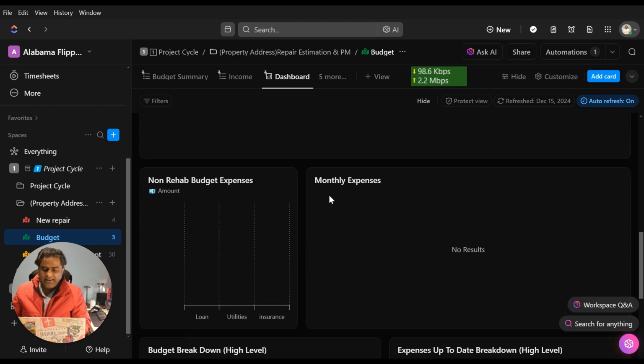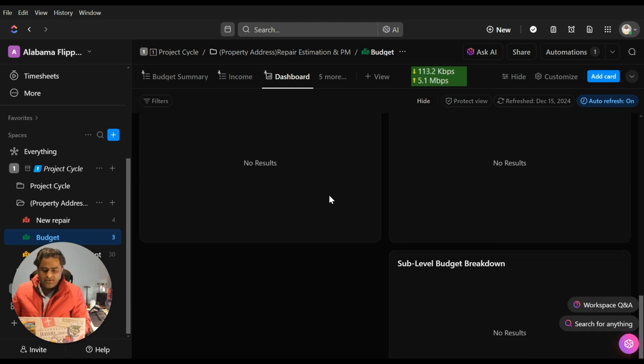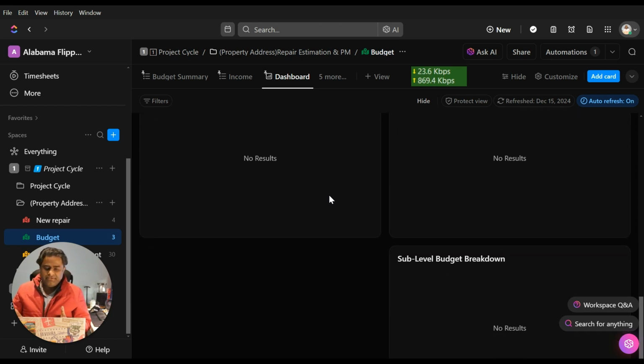And then we have some additional costs for non-rehab budget expenditures, as well as we are also tracking our monthly expenses over the period of project. And then expense to date breakdown and budget breakdown is also available, and then we have a sub-level budget breakdown. So we achieved all the requirements of our client